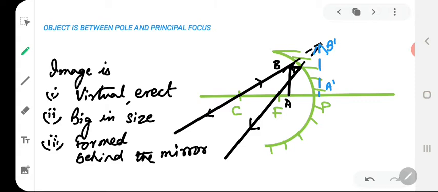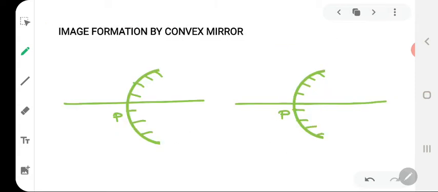So these are the different positions in which the object can be kept in front of a concave mirror, and accordingly we find that a concave mirror can form both types of images. It can form both real and virtual images, and we have noted that as the object moves towards the concave mirror, the size of the image of the object also changes. Actually it goes on increasing, and from a real image eventually we get a virtual image. We find several applications and uses of a concave mirror. Like concave mirrors are used in several places depending upon the position of the object. We shall see that shortly, but right now let us quickly discuss image formation by a convex mirror.